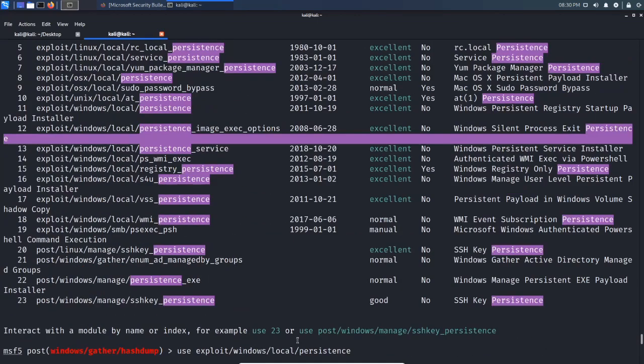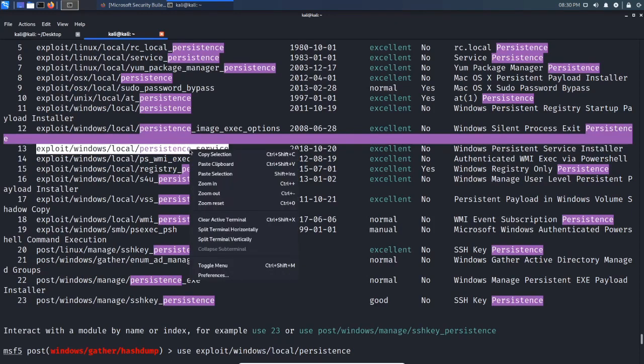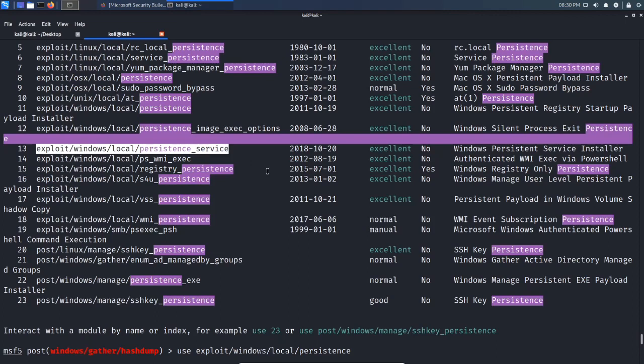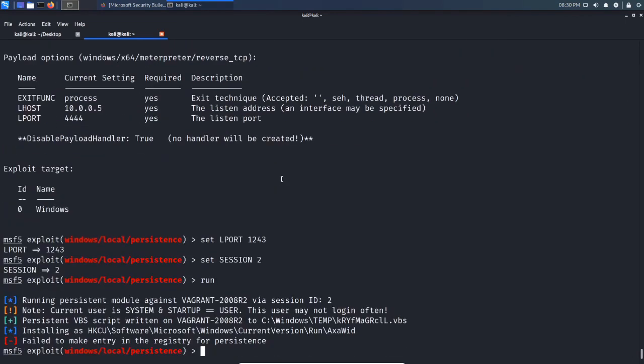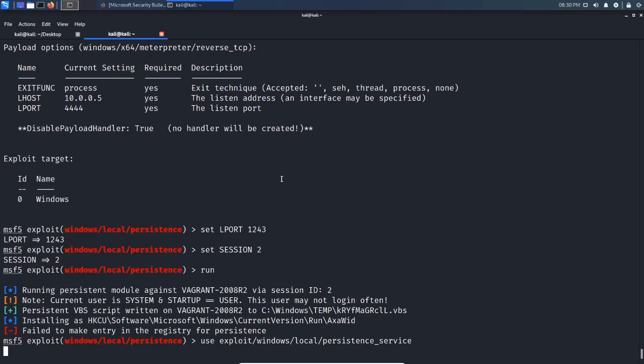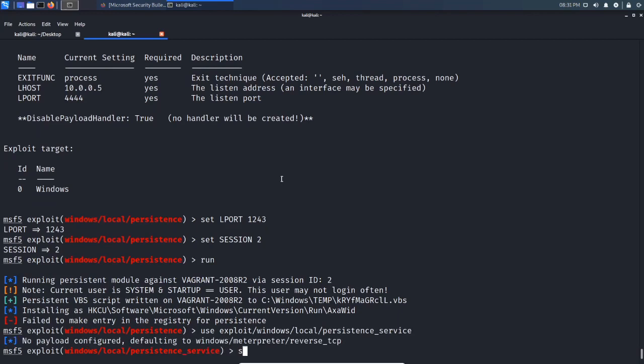So what we can do is try and look for another persistence module. We can try and use the exploit Windows local persistent service. And this essentially sets it up as a service. So we'll use this particular module. And again, we'll set the payload. So set payload to Windows x64, and we can set the Meterpreter